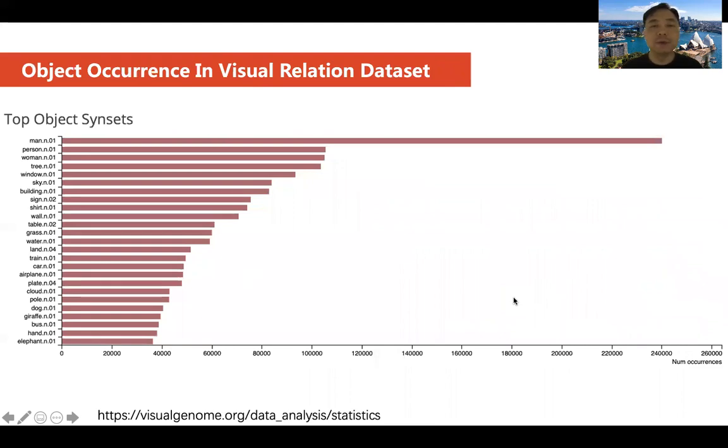Here are the statistical results of object occurrence in the Visual Genome dataset. We can find man, person, woman are the most frequent objects in Visual Genome. That is, in our daily life, the visual relationship is usually human-centric. This illustrates the importance of human-object interaction for visual relationship understanding. Overall, the most challenging thing in action recognition or detection and visual relationship understanding is human-object interaction. We believe human-object interaction understanding will largely facilitate action recognition and visual relationship understanding.